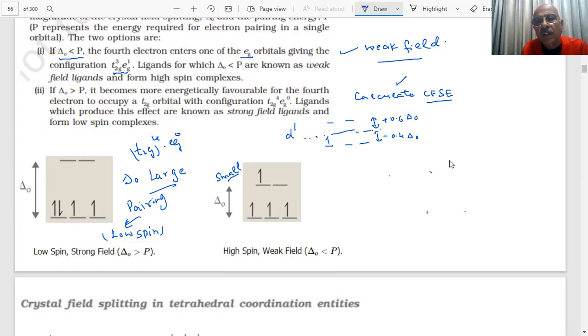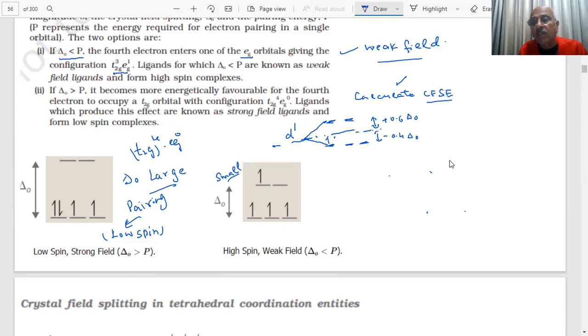Did we show you when the splitting took place, students? These are the 3, and this is the 2 splitting. So this value is minus 0.40 or 4 Dq, and this is 6 Dq. There is only one electron, so what will be the energy involved? This is stabilization, this is destabilization, because this is repulsion and this is attraction. So there is a decrease in energy and an increase in energy.